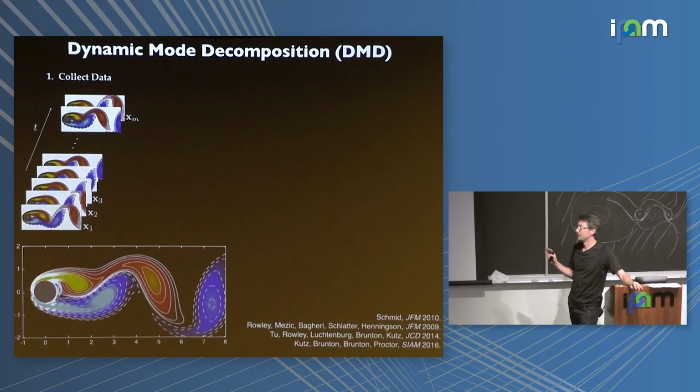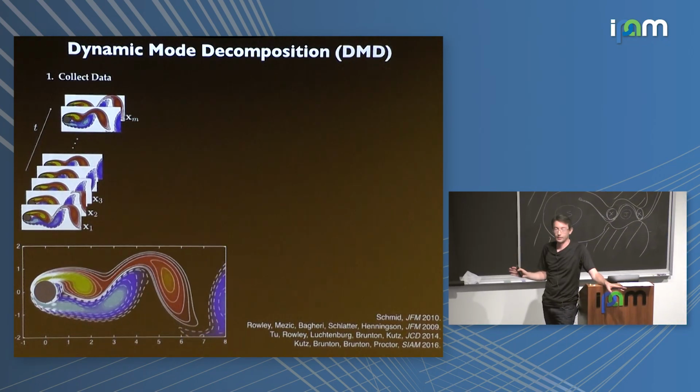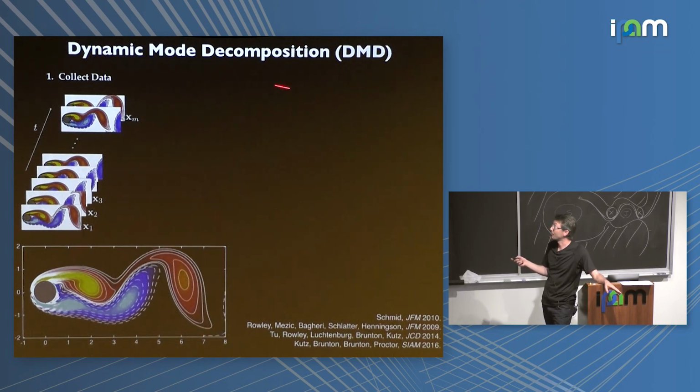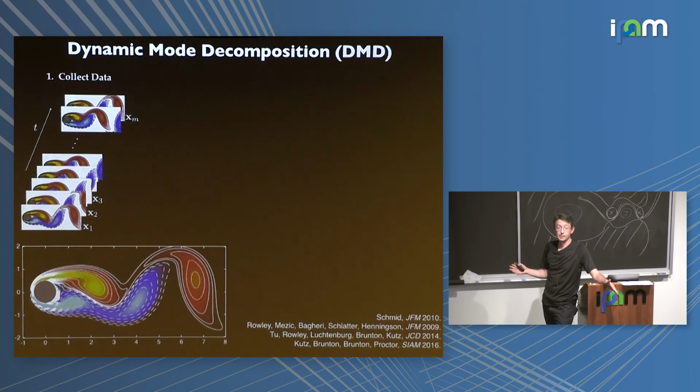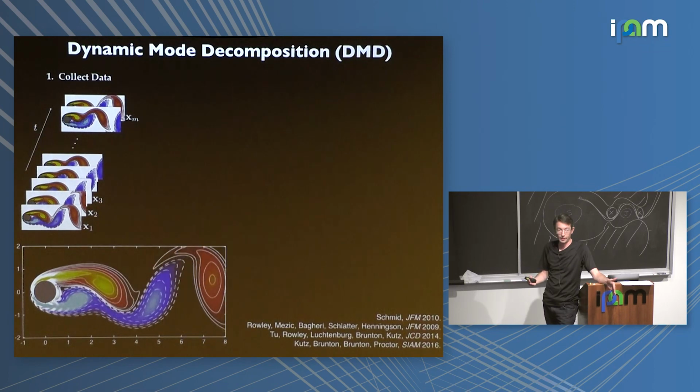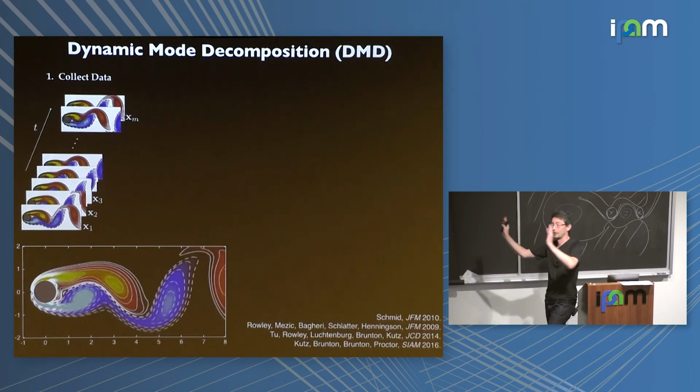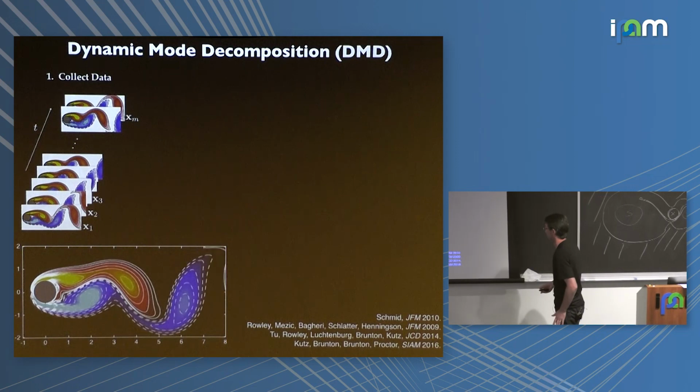And this history is going to be incorrect and abbreviated. There have been things like the dynamic mode decomposition in climate science since decades earlier, but they didn't call it by that name and they didn't have the same interpretation. So I'm just going to tell you the story about dynamic mode decomposition.